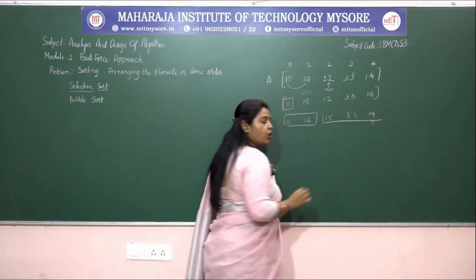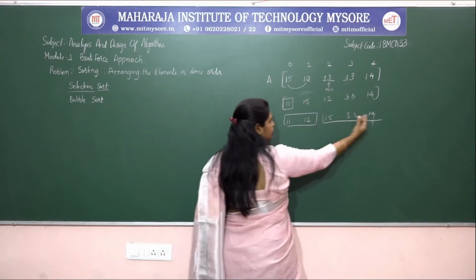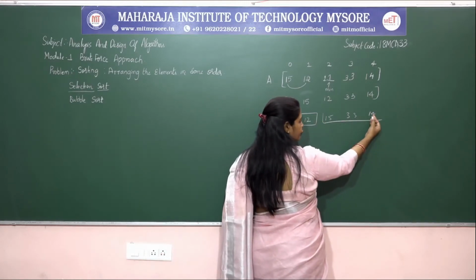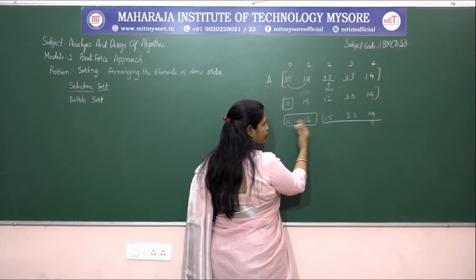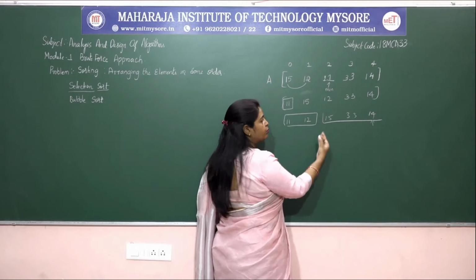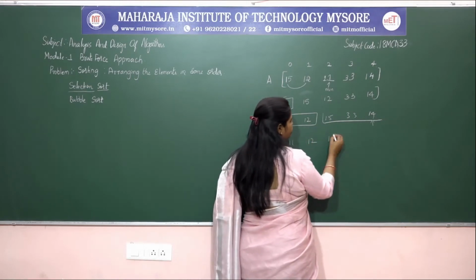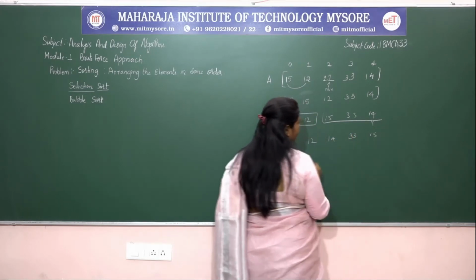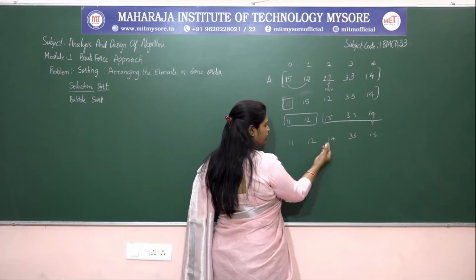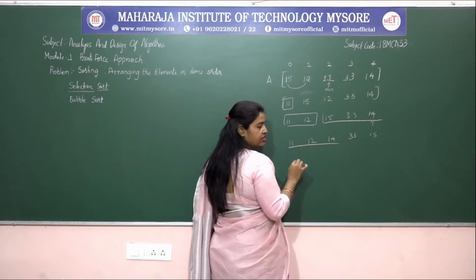need to find out what the smallest element is, right? So among these, the smallest element is what? 14. So now place it in an appropriate position. Already two elements got sorted. The next element position is the second position, so now I am going to place the 14 here, 33 and 15 here only. Now what happens? Again we need to check what? So these three elements got sorted.